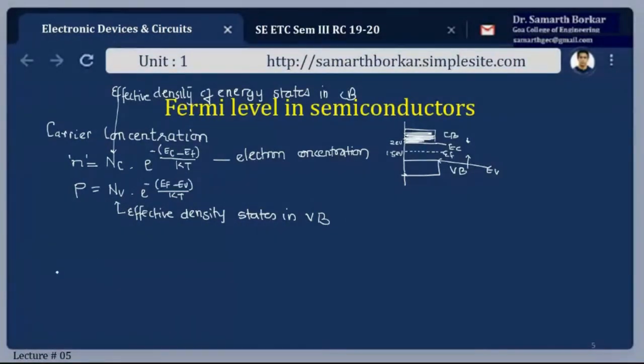Okay. Now I'll just redraw it again here: EC and EV. I have just taken two lines from this energy band diagram. From here, I'm taking the help of these two lines, EC and EV, and I'm redrawing them over here. Now for all our understanding, we're just going to stick to these values, EC, EV, and EF.